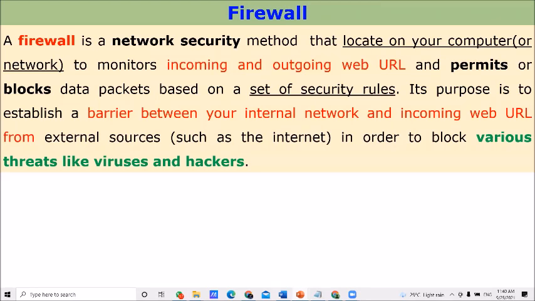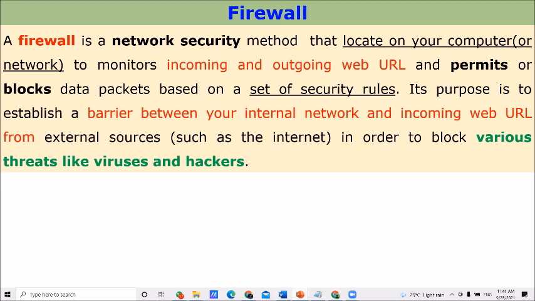The firewall specifies some security rules. According to these security rules, they are checking the incoming URL and the sending URL. If there is any unnecessary or harmful thing with this URL, the firewall should be able to capture this harmful event and remove it from this URL, otherwise it blocks the URL.